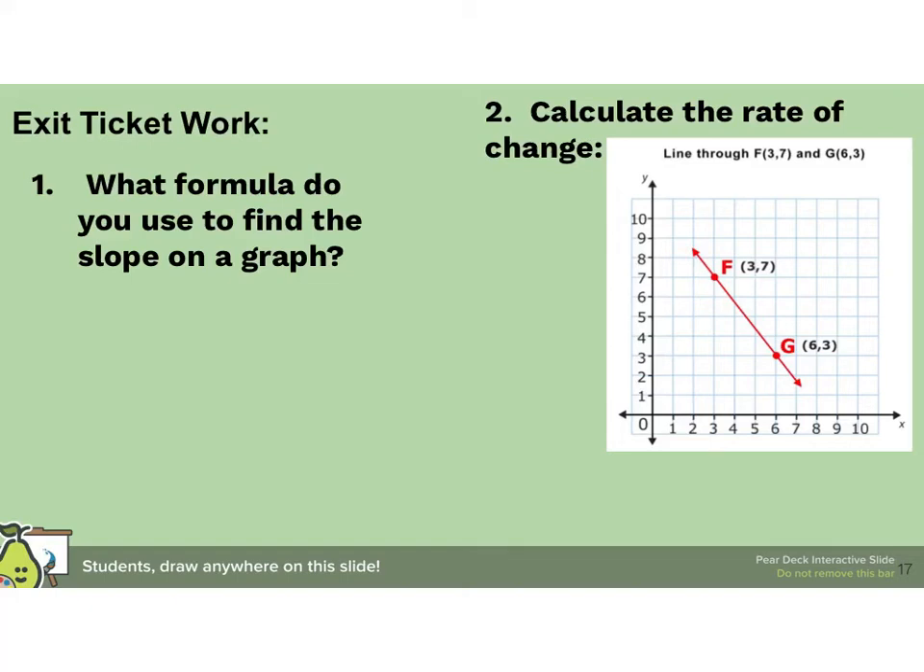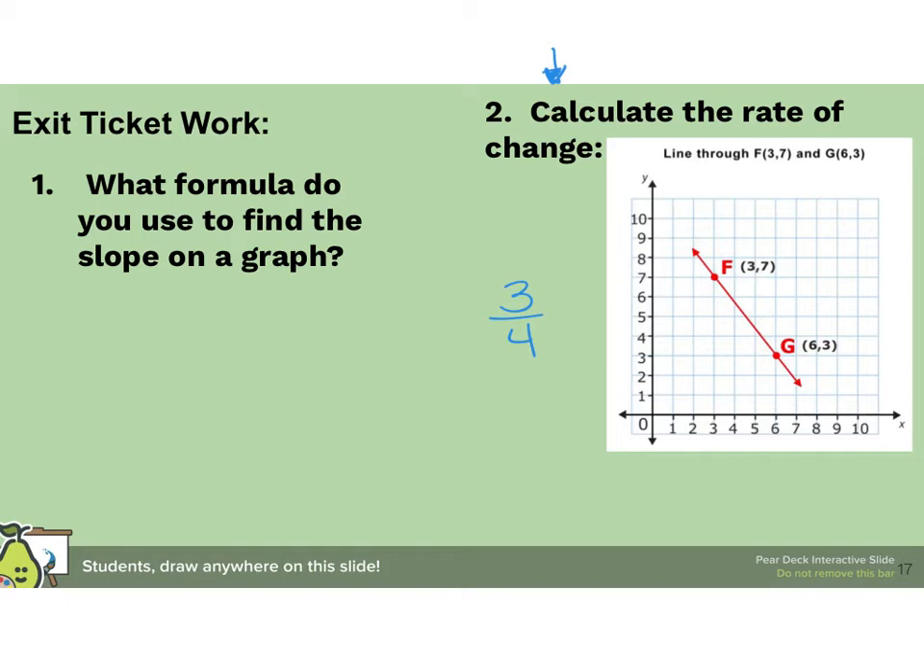Exit ticket preview. I really just want to talk about how to type in my answer for question number 2, because question number 1 is going to be multiple choice. Again, you're never going to type m equals, okay? So say you think the slope is, I don't know, 3/4. That's all you type,